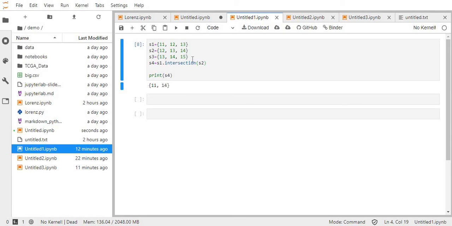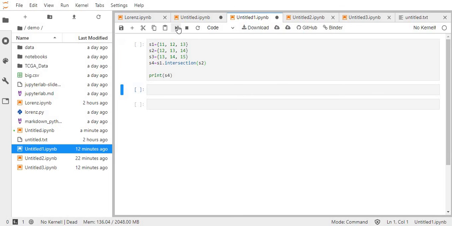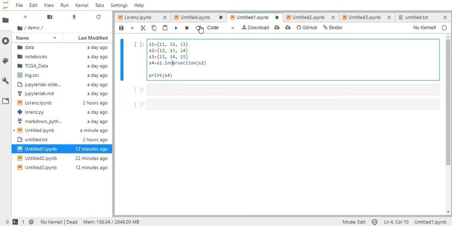I'll create a new set and call it S4, and our new set will just be S1.intersection(S2). This will give me all of the values that are in S2 that are also in S1. So if I print the set S4, then we can see that we get a set of 12 and 13. I'm sorry.